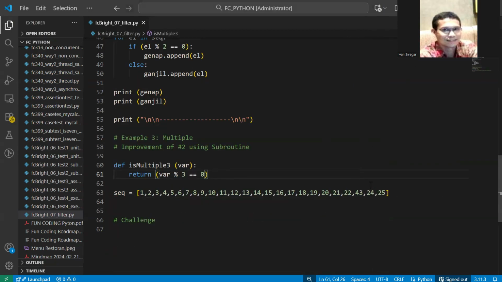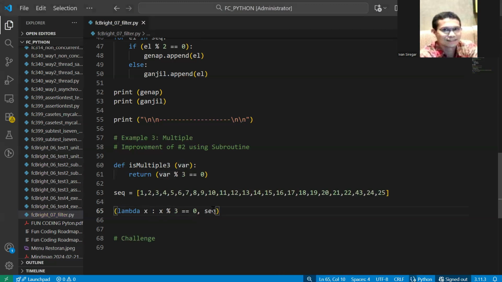We will be doing the same pattern as the previous one. You remember we have the lambda, and the var should be the sequence, which was previously x.